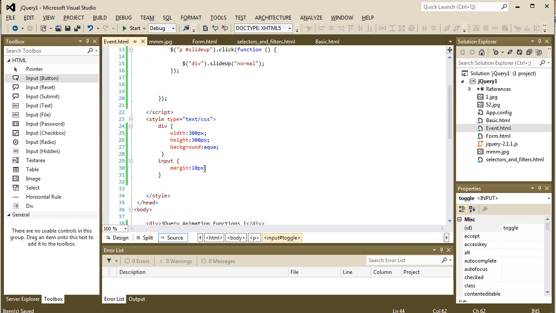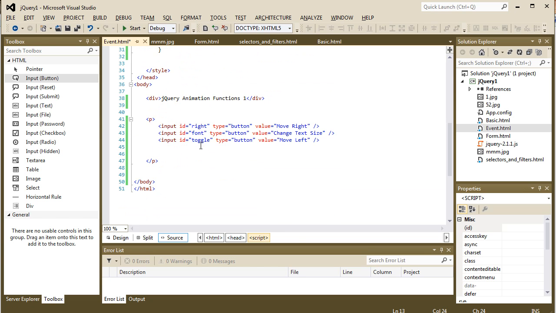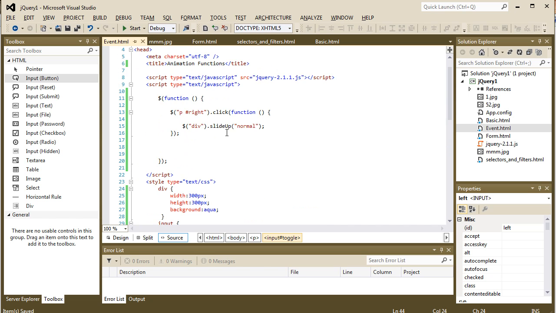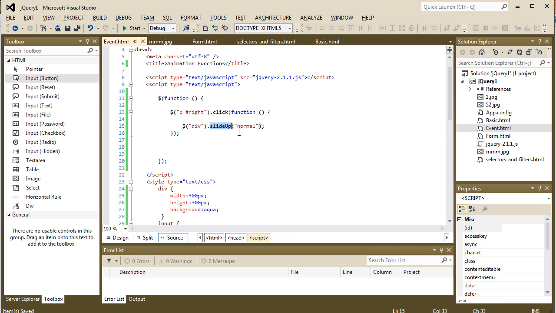For this one I am going to use the first one. I would like to select the p tags with the ID name right. I also change this one to left, save it, and the first ID name selected is right, and then click, and then I would like to give animation on that div tag. So here I mention animate, and here I am passing the params, that means a CSS property, that is I would like to increase the width